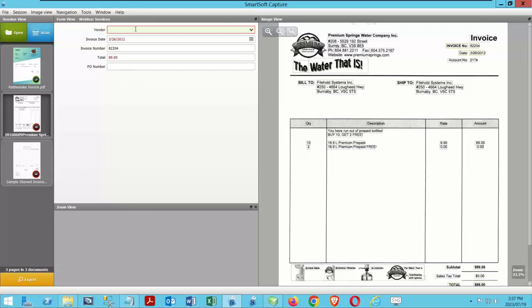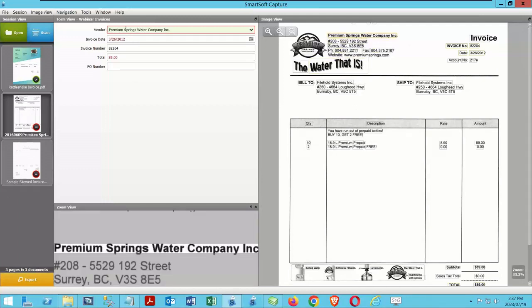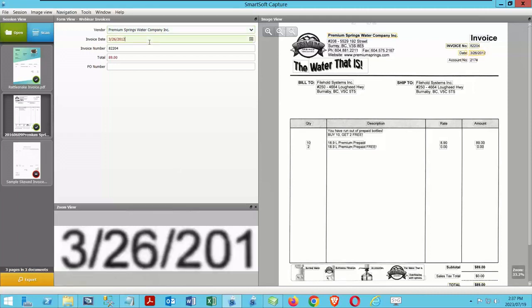I'm now ready to take a quick look at this. So we're going to start with the vendor name, which I'm going to select from over here. Premium Springs Water Company. I'm now ready to add this to the list. And as soon as I do, we're in the black because we're a validated field. Invoice date,